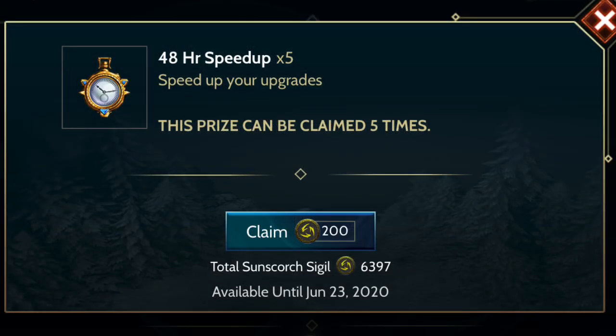Next, we have the speed ups. So it comes out to costing 1,000 sigils for 50 days of speed ups, which is not as good of a deal as the previous deals we've had. And when you compare it to other branches, the investment of sigils is higher compared to the amount of speed ups that you get. So it isn't the best deal, but still, if you're short on timers, timers are very